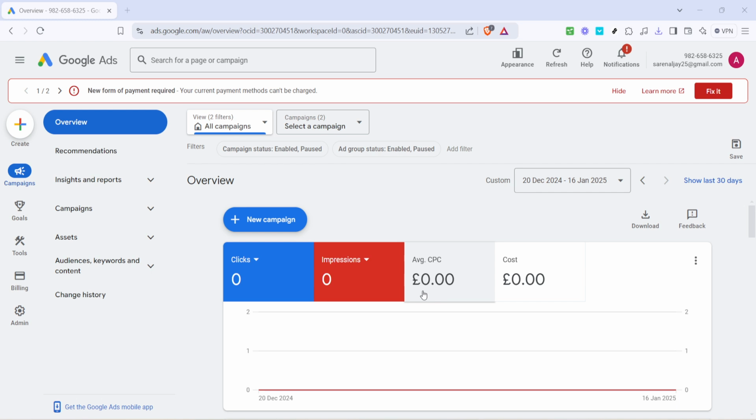Once you are logged into your account, locating the overview page is your first step. This page offers a comprehensive view of your account's performance, which includes all active and draft campaigns that you have running. Now that you're on the overview page, the next thing you need to do is find the draft campaign